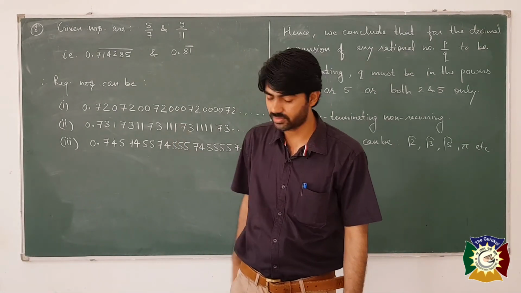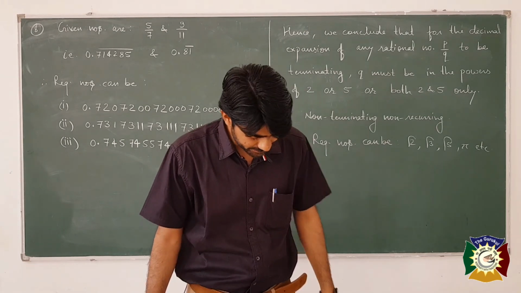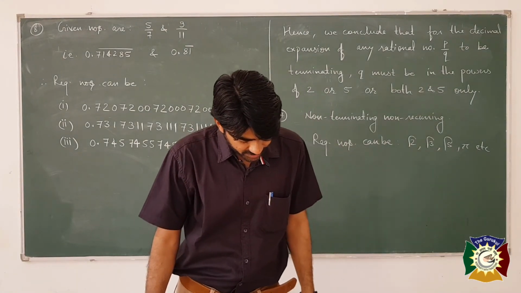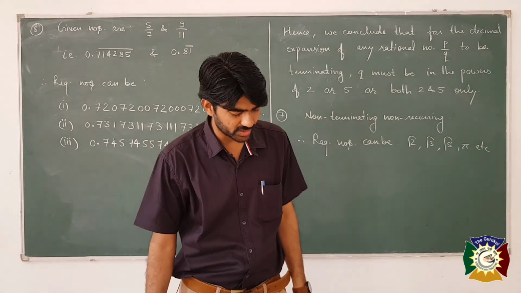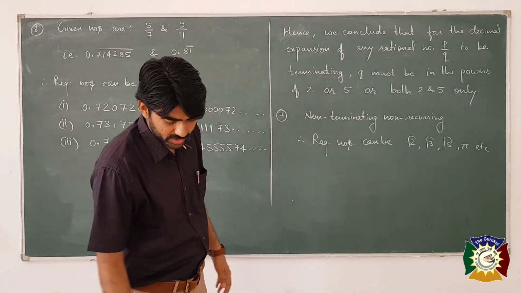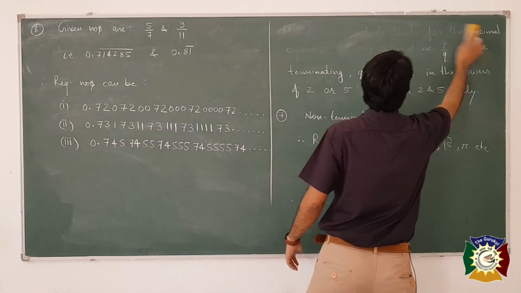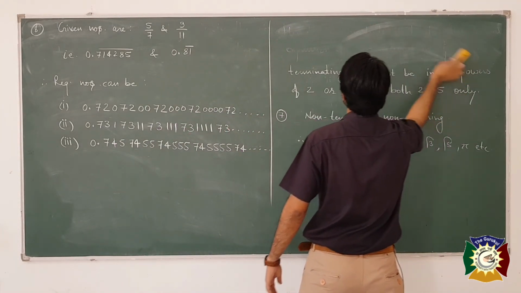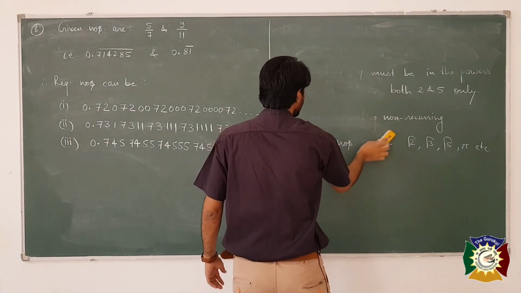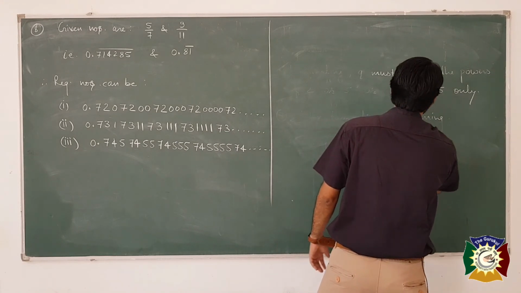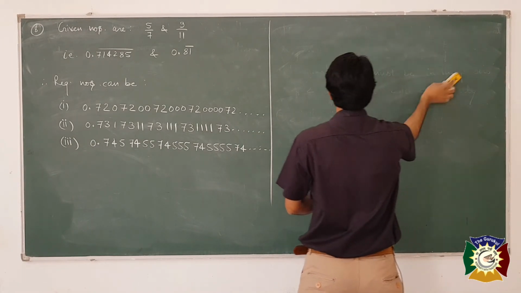This is about question number 8. Now we have question number 9. Classify the following numbers as rational or irrational. We are given certain numbers and we have to just tell whether they are rational or irrational. So just a simple classification based on the properties which we have learned for finding out the numbers to be rational or irrational.